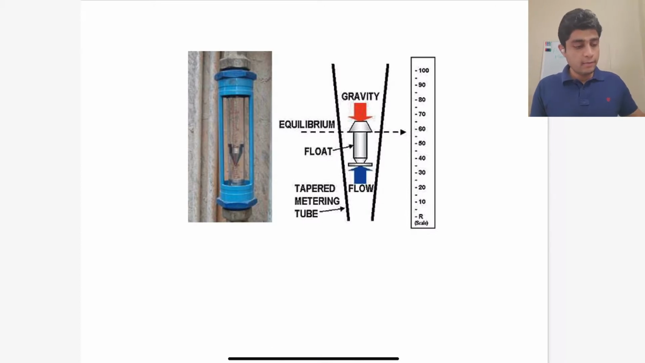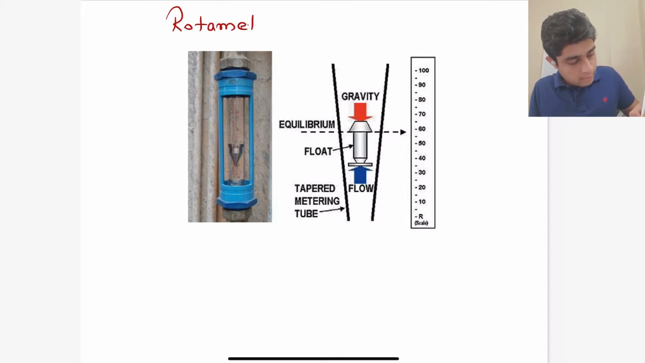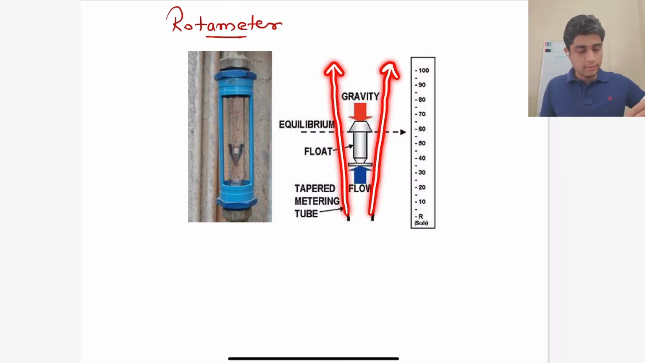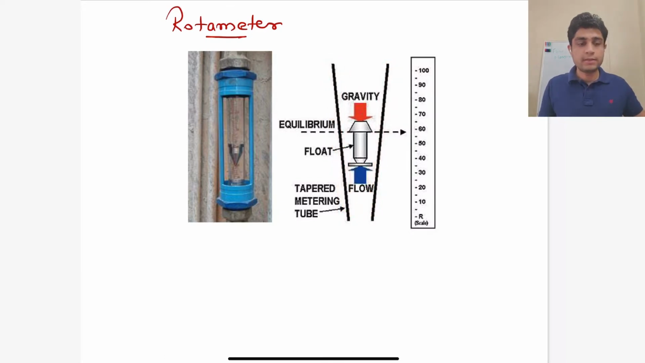Another device to measure flow is something called a rotameter. So in this device we have a vertical tube which has a tapered cross section. So its area is not a constant, but it changes with its height, and there is an object floating in this tapered tube. So as the fluid flows past this object,